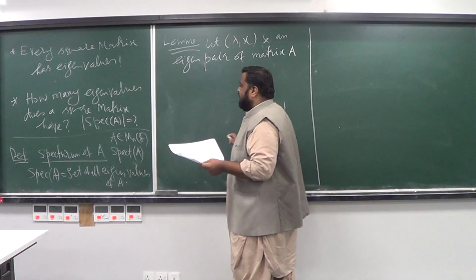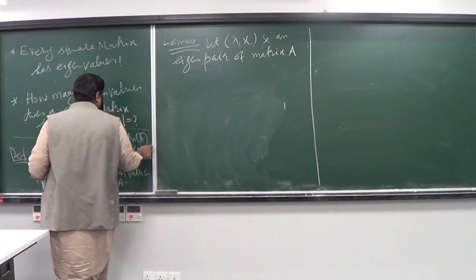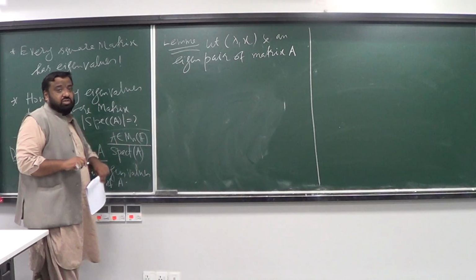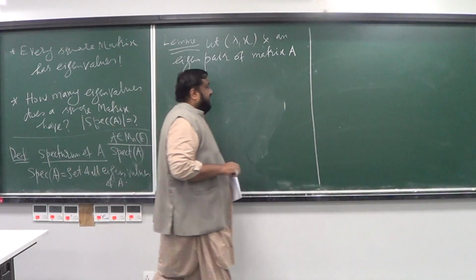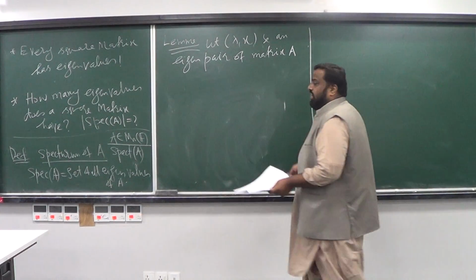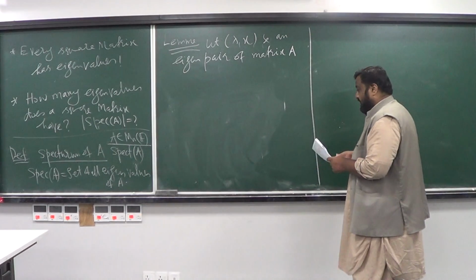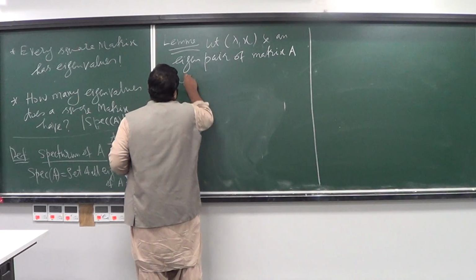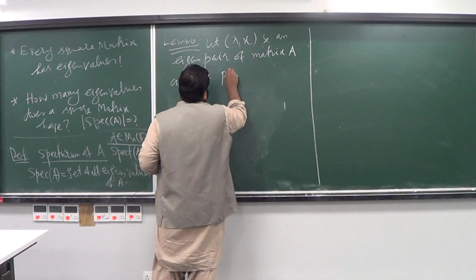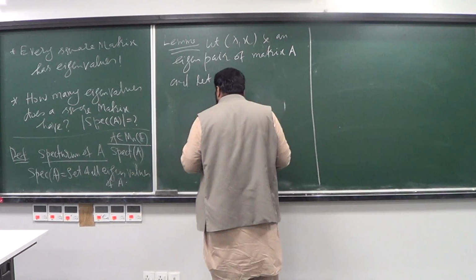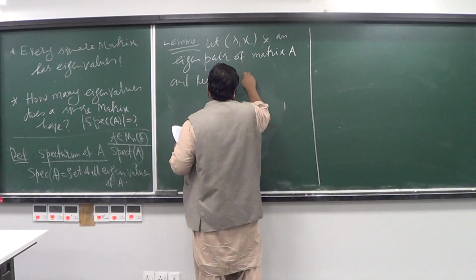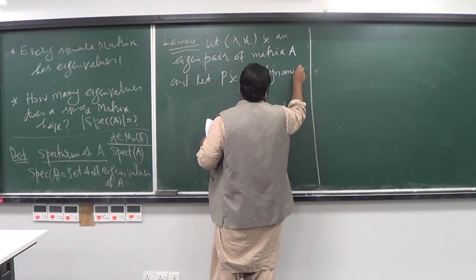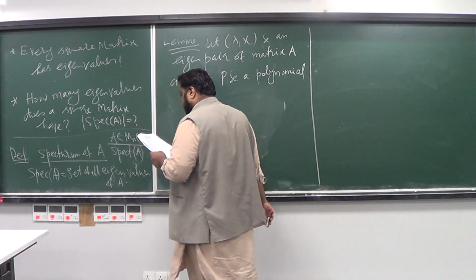Whenever I assume matrices throughout the discussion, these matrices are going to be square matrices with entries in F, where F is the field of real numbers or the field of complex numbers. And let P be any polynomial. Then